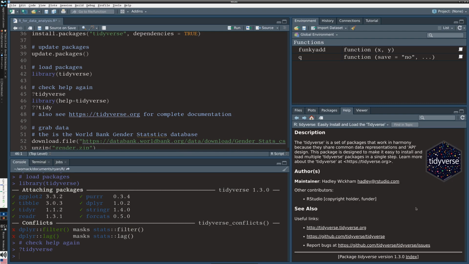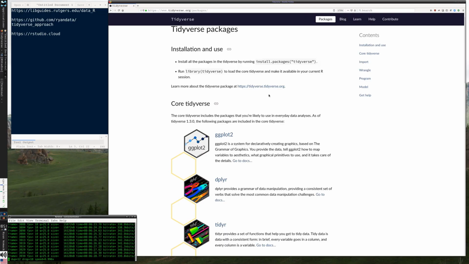But because there is this very nice website that we saw, tidyverse.org, I often, this would be the exception, typically the website is less informative than the packaged help within R, but not so much with the tidyverse, because with the tidyverse we can get much more detailed